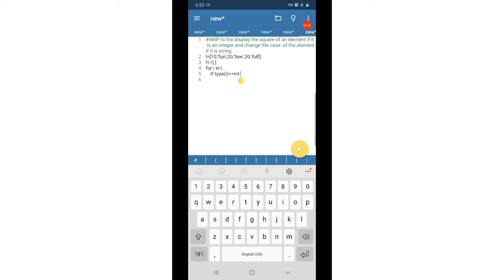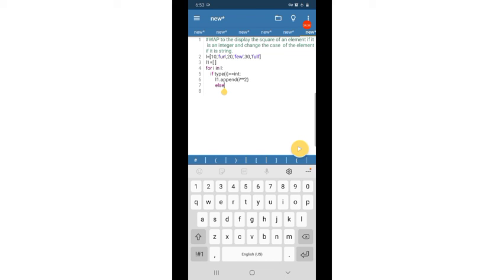If it is int, then we can write L1 dot append in brackets I star 2. If it is an integer, then I star 2.